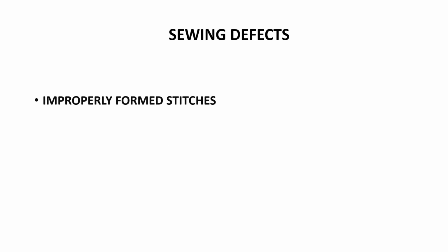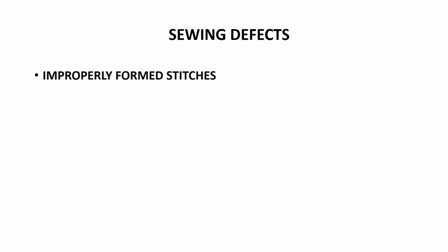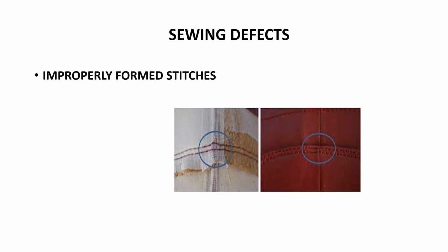during quality assurance. Now, another sewing defect we can see is improperly formed stitches. Like in the figure, you can see that some stitches have been formed, but not in a correct straight line; they deviate from the straight line. So improperly formed stitches can occur in the sewing operation, and